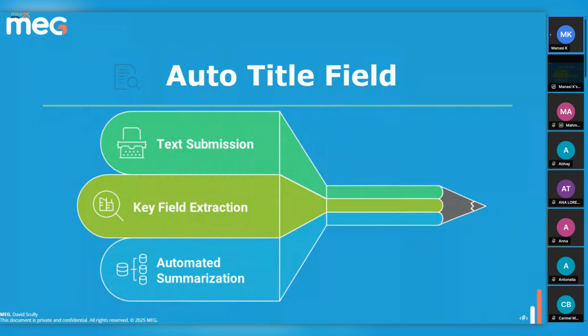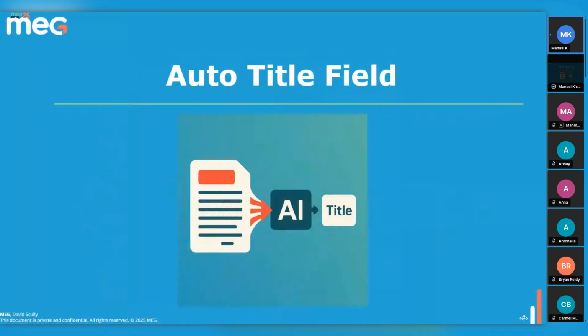An automated title field is a feature that is automatically used to summarize your text into a descriptive title as soon as you submit your data. This saves you time by capturing the main idea from one of the key fields automatically, so you don't have to label reports yourselves. An example use case would be on October 27th and at approximately 2:30 p.m., a contractor